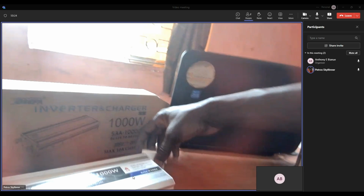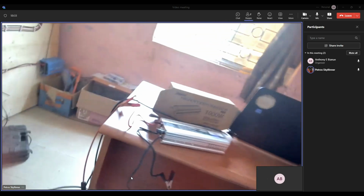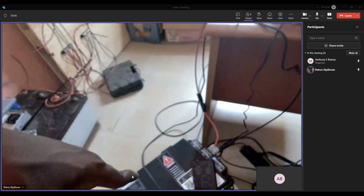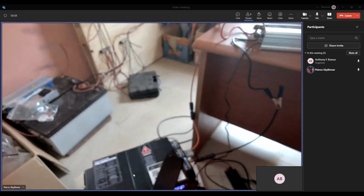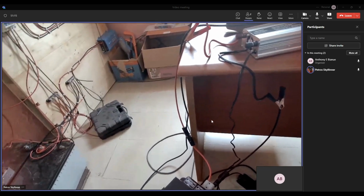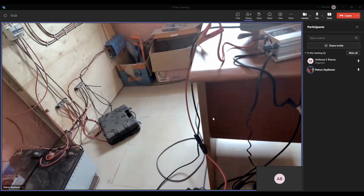Well, it's a product made to be used. Number two, I will recommend this for anyone that has a very light load to carry at home. Let's not forget that this is a very good backup battery. That's why I'm able to power some of our equipment, the UPS and the fan. But for people in the house that have very light load, probably wanting to power lights and a DC fan, nothing too heavy like a TV or heavy equipment, it's not advisable for them. But if they are just using light and minute charging of phones or any DC equipment,